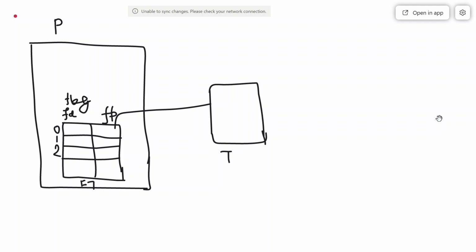This table is known as the process file table, and the other one is the exact file table. Now this file pointer is pointing to this file table, which has a pointer.